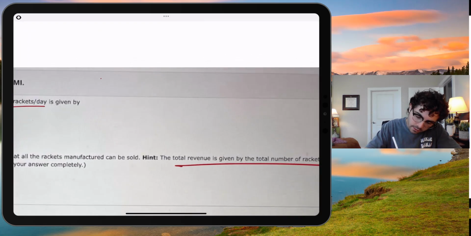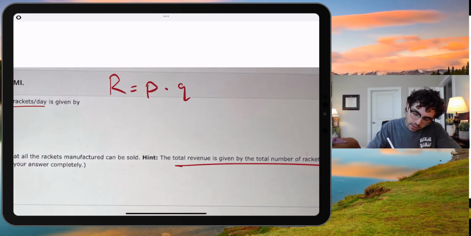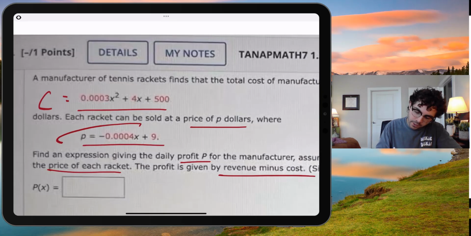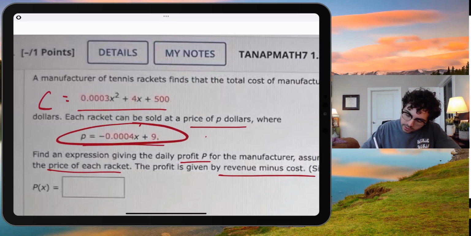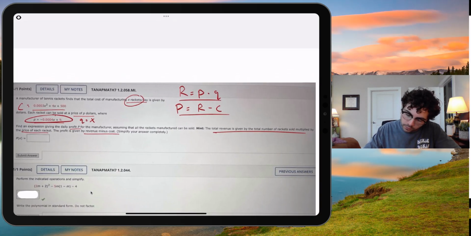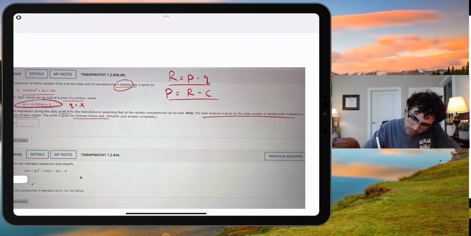So what they're telling us is revenue is price times quantity, and profit is revenue minus the cost. So what do we need? We need the revenue, which is price times quantity. In this case, quantity will really just be represented with x, so x represents the number of rackets. So we're going to find our revenue by multiplying the expression for p by x, because x is our quantity. So p is negative